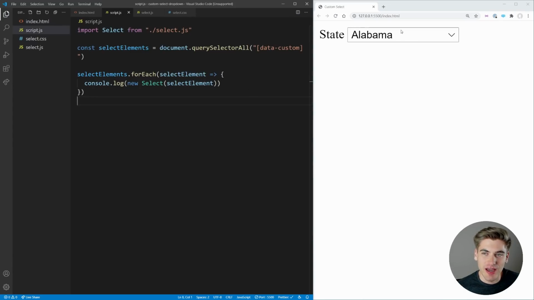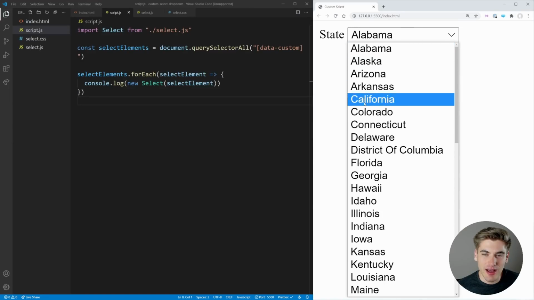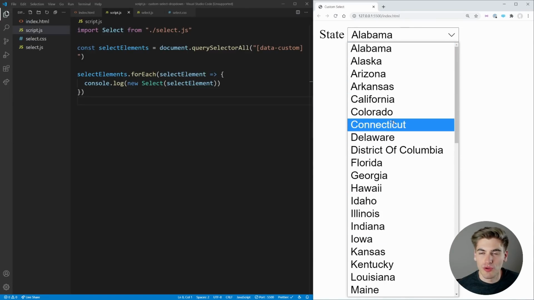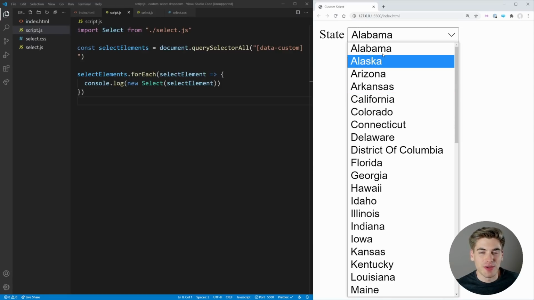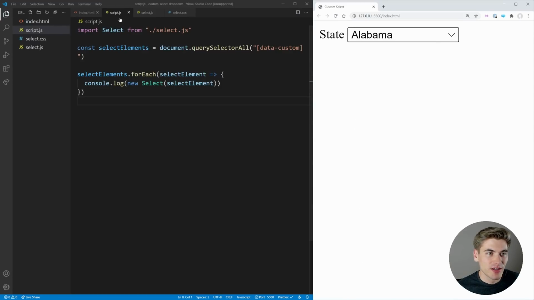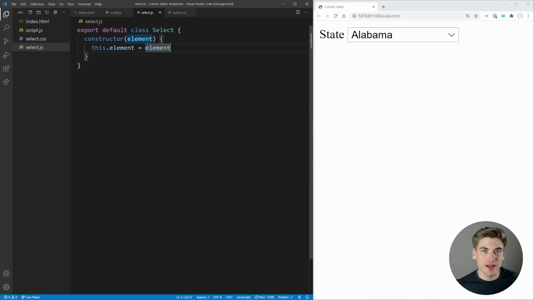The select box essentially has the box that we can click on, and it has the content inside of that box, which is all of the different options. That's really the main things that we need to think about when it comes to this custom element. So inside of our select.js, let's create some references to elements that are going to be those things on our